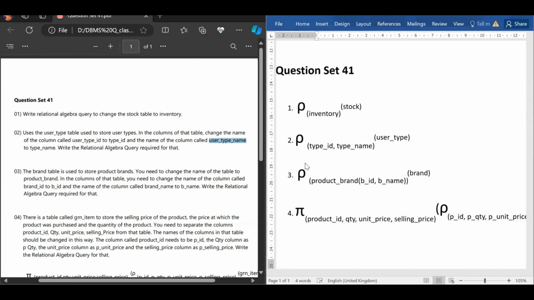So here too we can use the rename operator, and here we have renamed the table name as product brand, and inside the brackets again we rename the columns in the brand table as BID and BName. Here we give the table name as brand. Simply it means we rename the brand table by product brand, and then we rename the columns in that table as BID and BName. And in the last question, there it tells GRN item table is used to store the